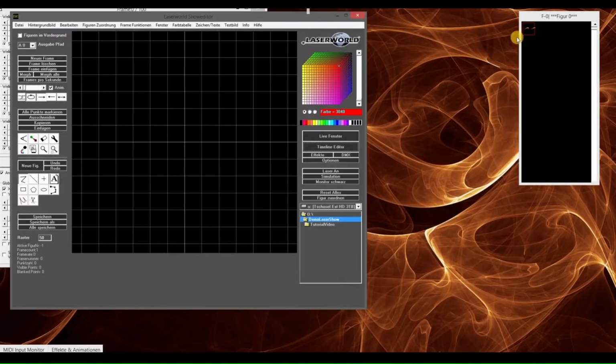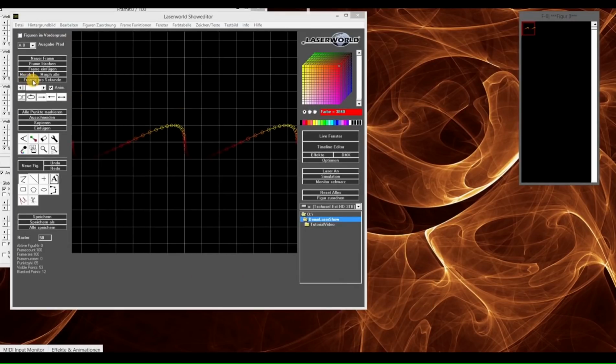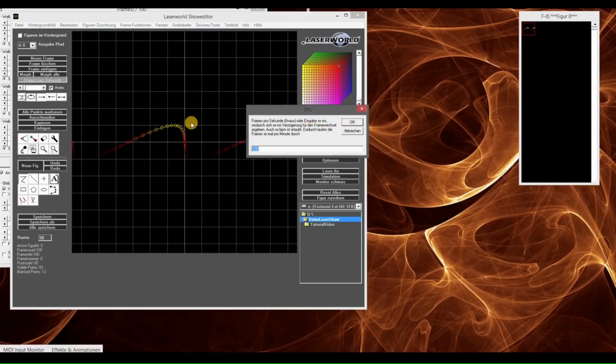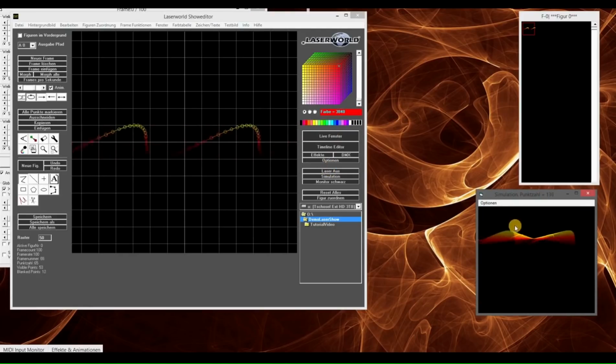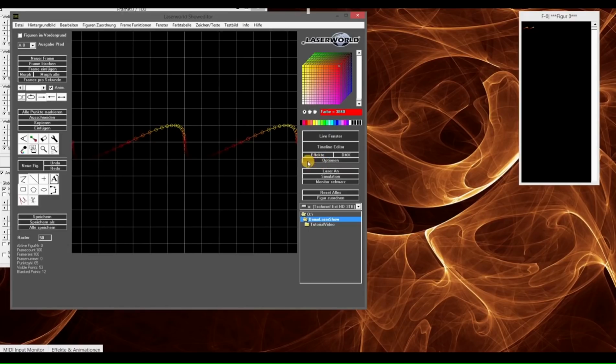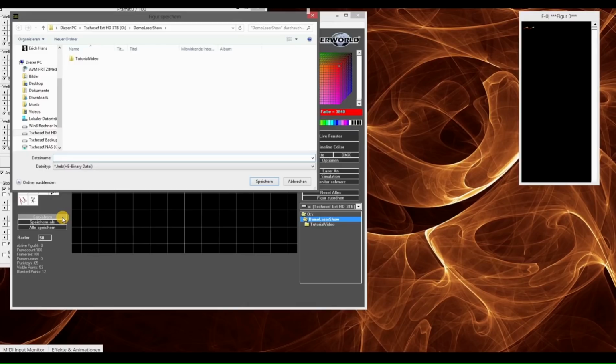So we want to move this wave to the beat of the music, and I want to have it move to every second beat. So what I enter here is 60 space BPM. So we confirm that, and when switching the laser on, you can see it move to the rhythm. At least this looks pretty good, and therefore we save this figure, save as,